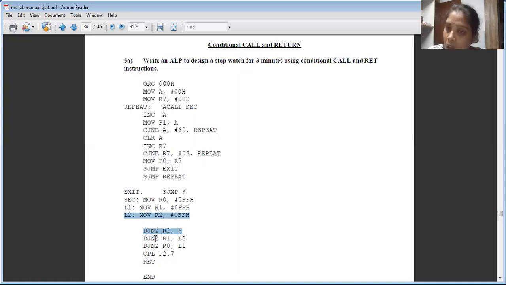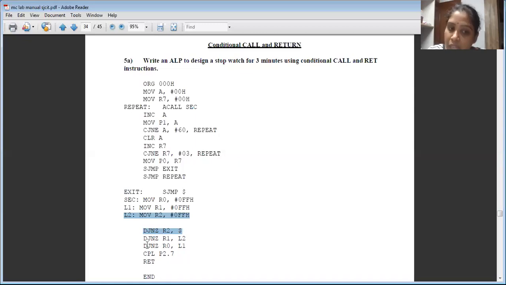Now you are not checking the content of R2, as it has gone to 0. Now we are checking the content of R1. If you remember, even R1 we have loaded with FF, that is 255 in decimal. So these two instructions have to be repeated.